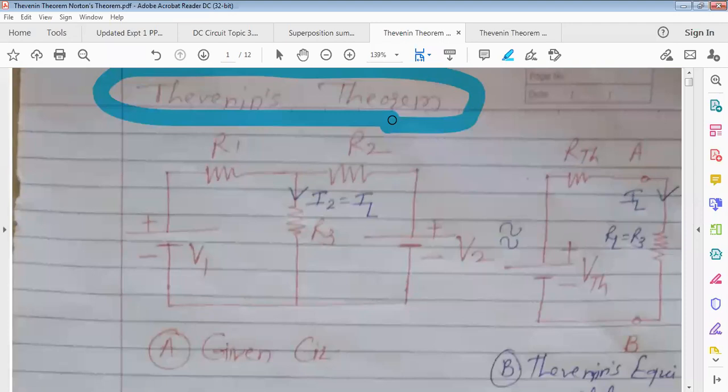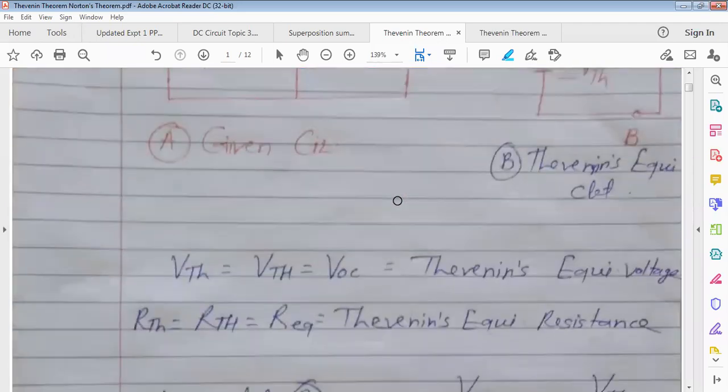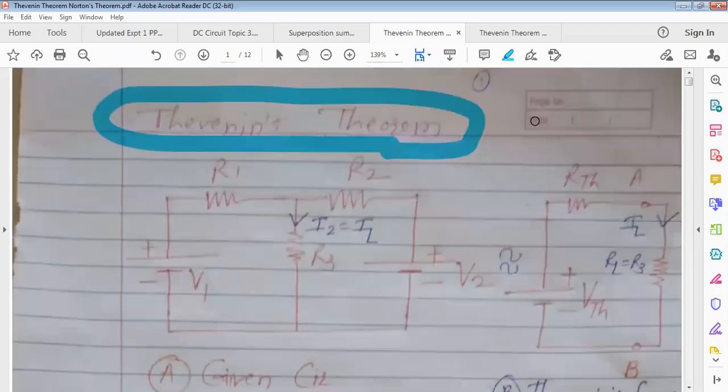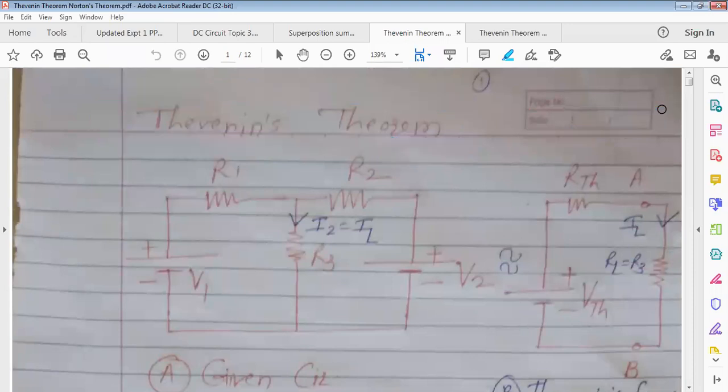For Thevenin's, they will ask you to calculate the load current, but along with this they will ask you VTH also. In option A, VTH and IL are given. In option B also VTH and IL are given, C also, D also, and you pick the correct option. VTH you can find out only using Thevenin's. So you should know Thevenin's, and you will get numericals asked on it. Everyone please concentrate. It's software, it randomly selects questions and you randomly get the question, so you can't leave any topic.